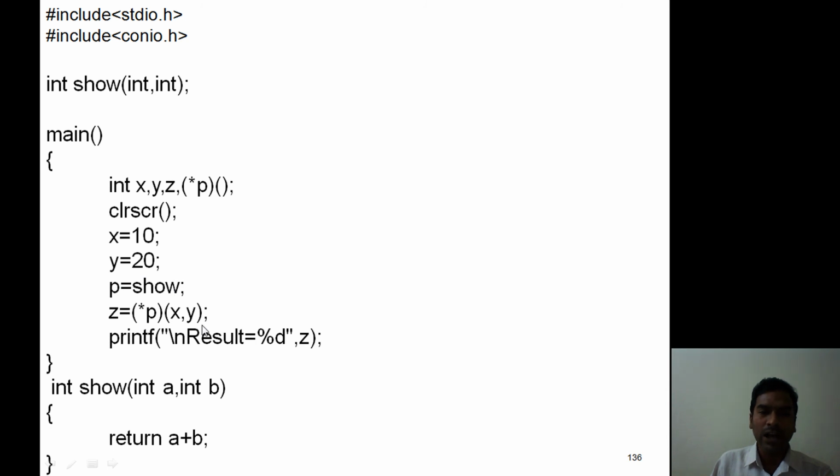Now it's one function call: z equivalent to (*p)(x, y). Now when this function call arises, control enters into function definition with the help of p. Now here operations are implemented. Now it returns a plus b value and this value is assigned to z. Now we are printing result value. So this one is pointer to function.